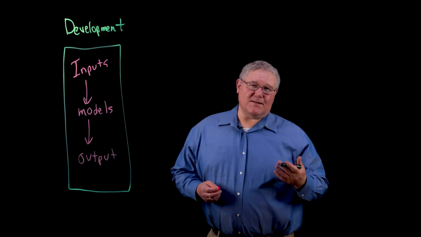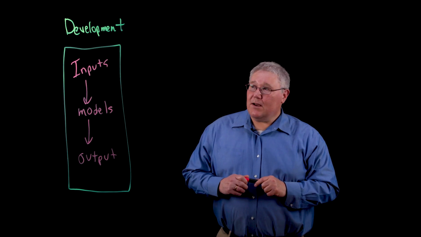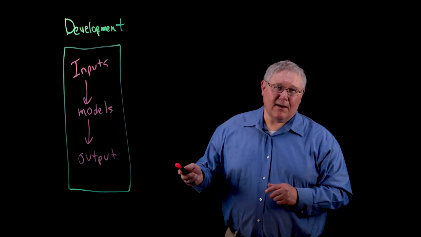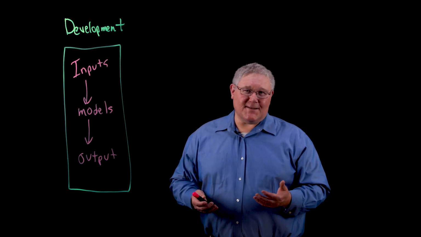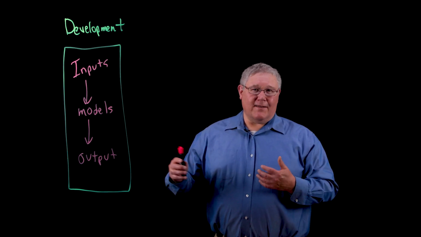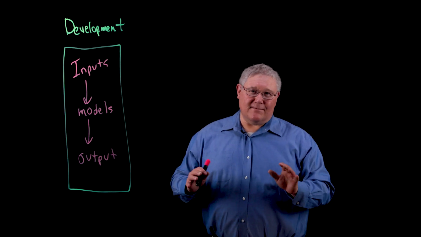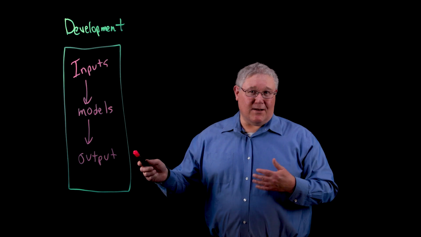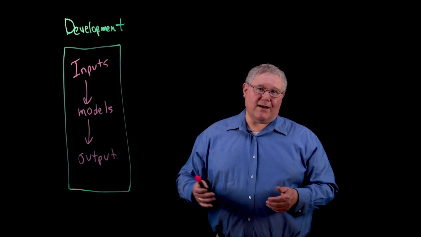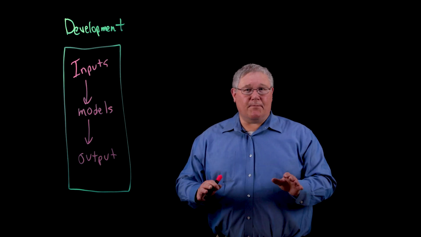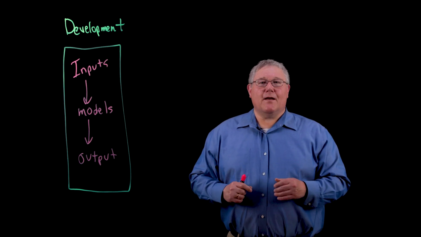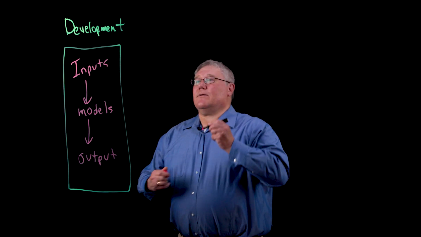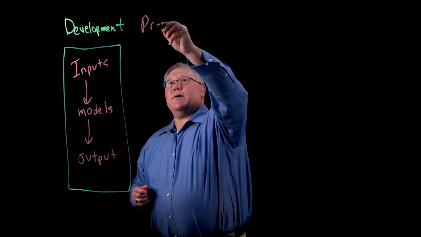And while we're developing these models, we're very meticulous. We want to make sure that this output is exactly what we want it to be, right? If we want the AI to speak like your average 10th grader and the output is speaking like a 2-year-old, we're going to go back and fix that. If the model is designed to predict customer churn and it's not, we're going to go back and fix that. But once we get to a point where we're happy with the model, we think it's wonderful, we put it into production or we deploy it, we put it out into the world. Typically, we'll call this our production space.